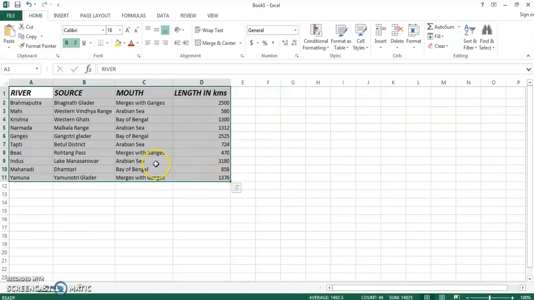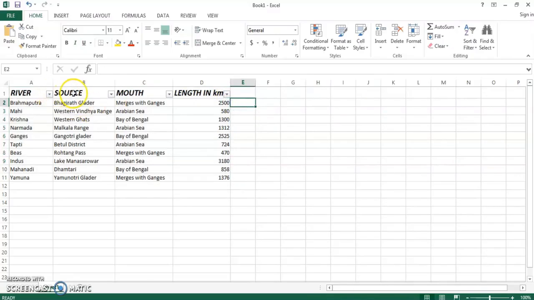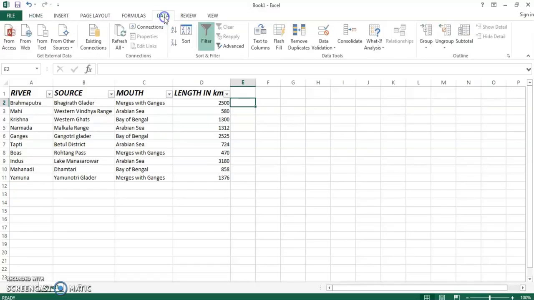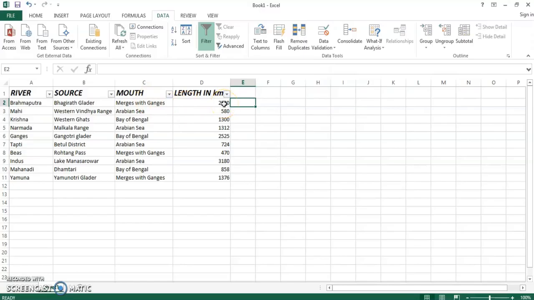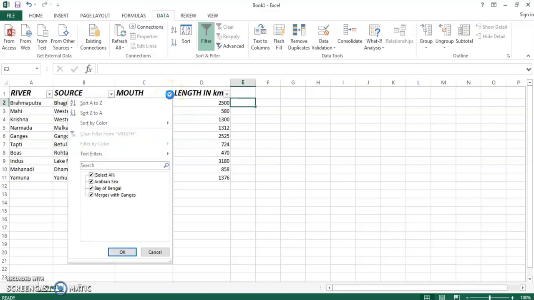Then click the Home tab. In the Home tab, press Sort and Filter and select the filter option. From the top drop down menu, select filter. Otherwise, go to the Data tab. Now can you see after clicking the filter, all the headings will have a drop down list displayed. Otherwise, go to the Data tab and click Filter. Same thing, all the headings have the drop down list displayed.